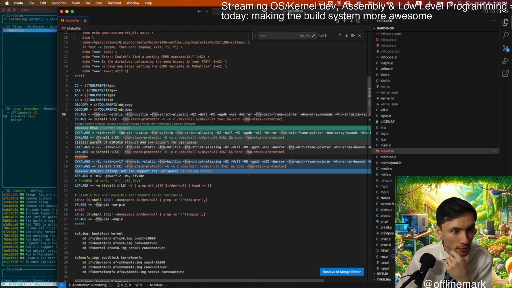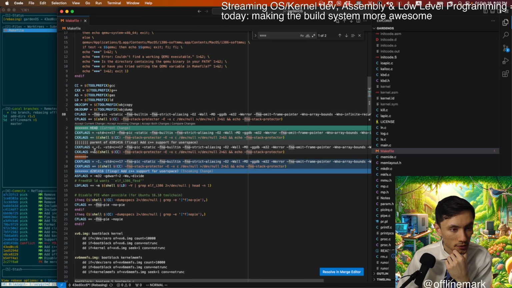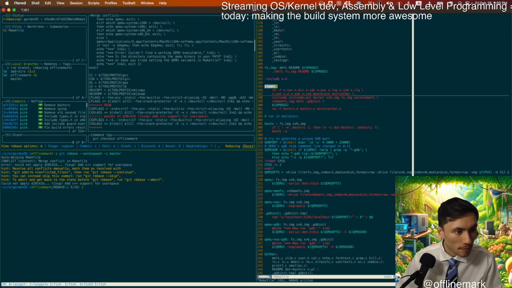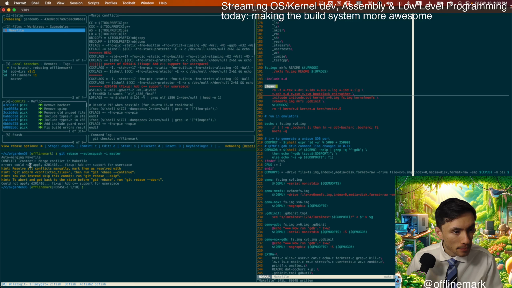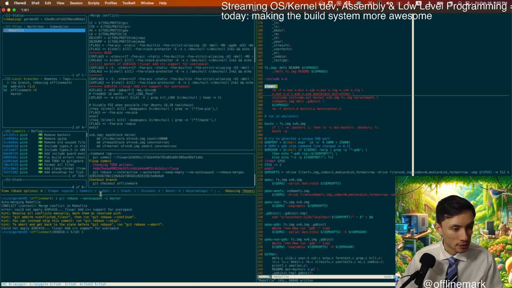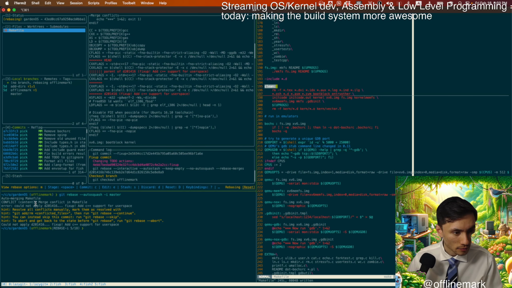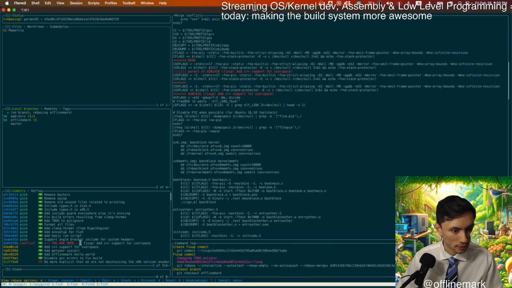What's the conflict? We have this base. Where are we even? Conflict in Makefile, cannot apply. Let's see. I'm a little bit confused.